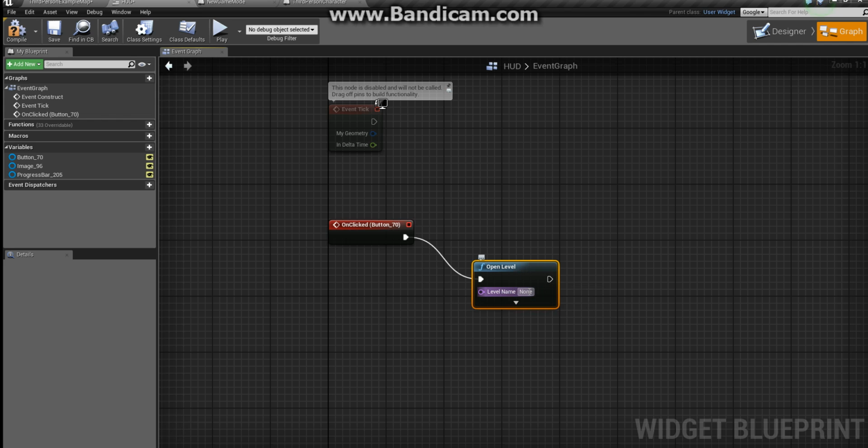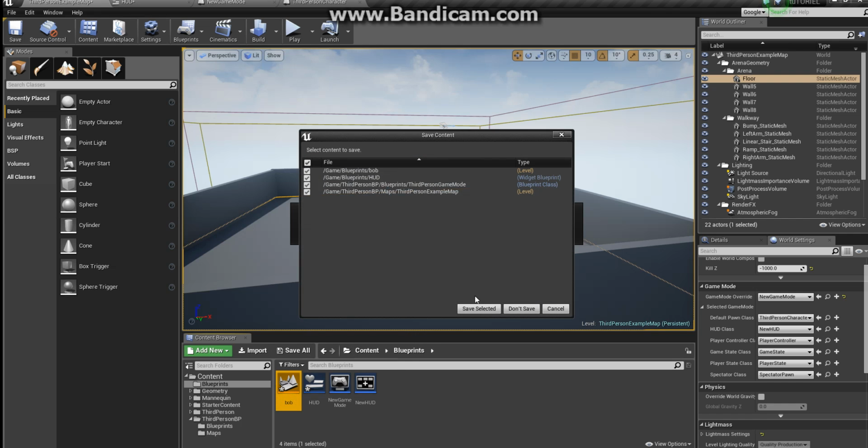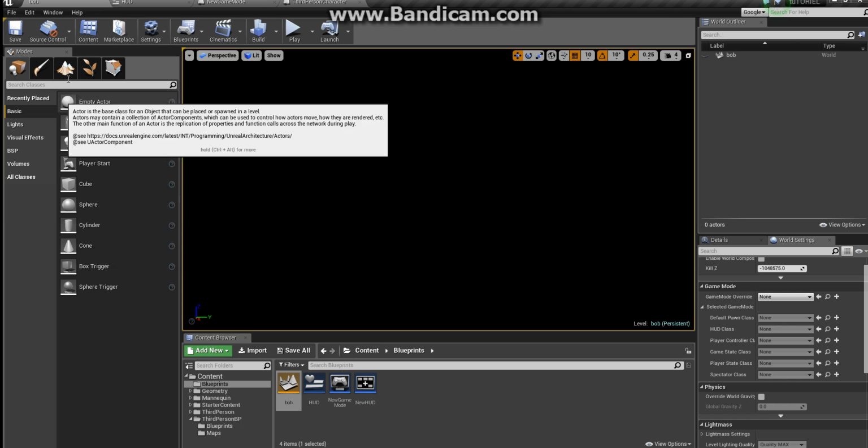Let's call this level Bob. Now you have to go back, otherwise it'll throw errors at you. So you want to create a level and call it Bob. Then go into it and save it. It'll pop up with this black screen, so what you need is